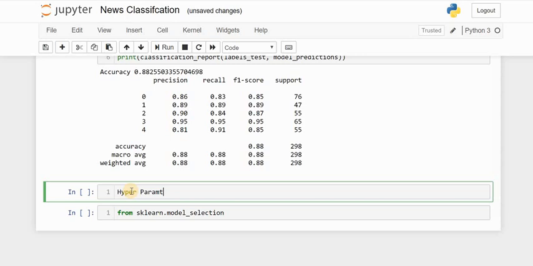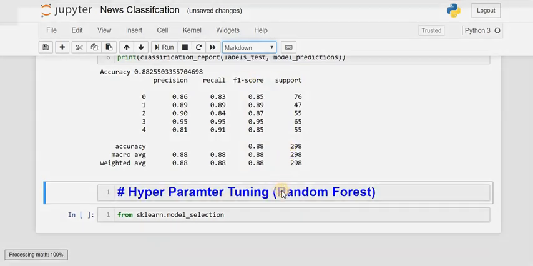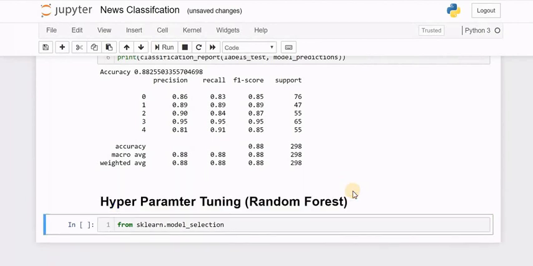I'm just writing the title to make it more readable. Okay, so as I said earlier, we will import grid search first.